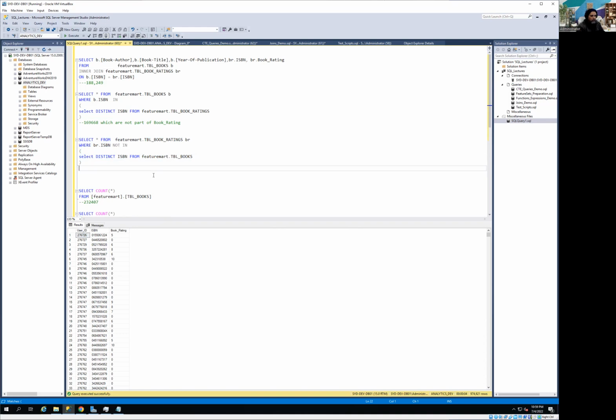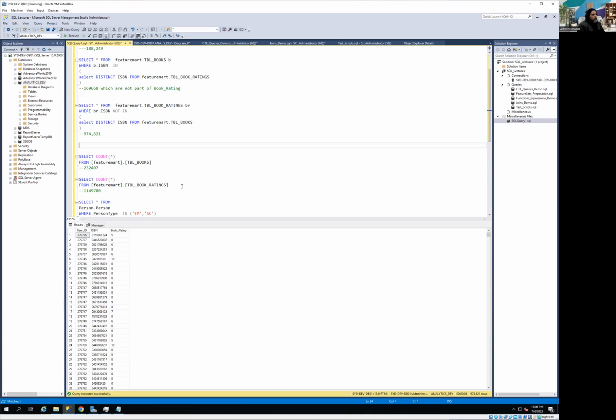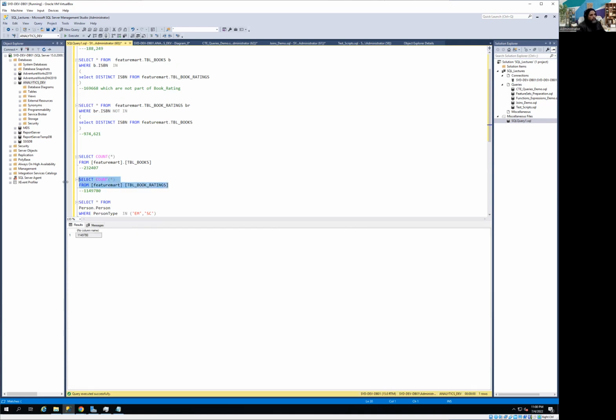So we are getting 974,000. And I want to show you something really interesting. In my book rating table, I have 1,149,780 records. So it means that if I subtract the value,